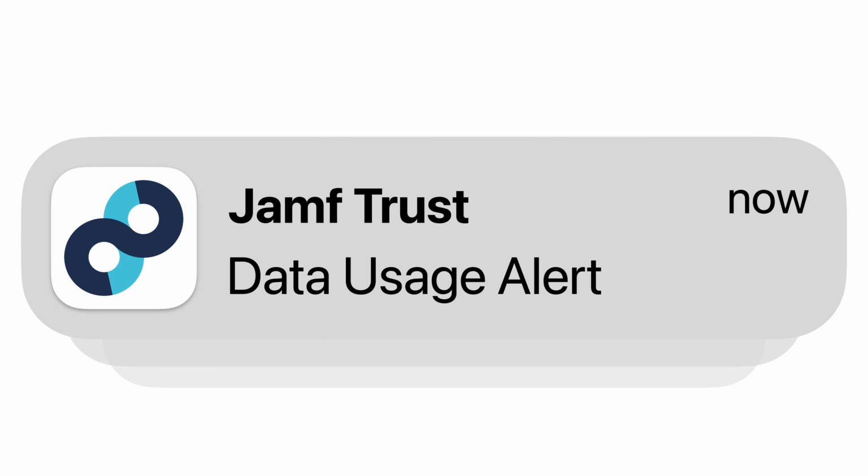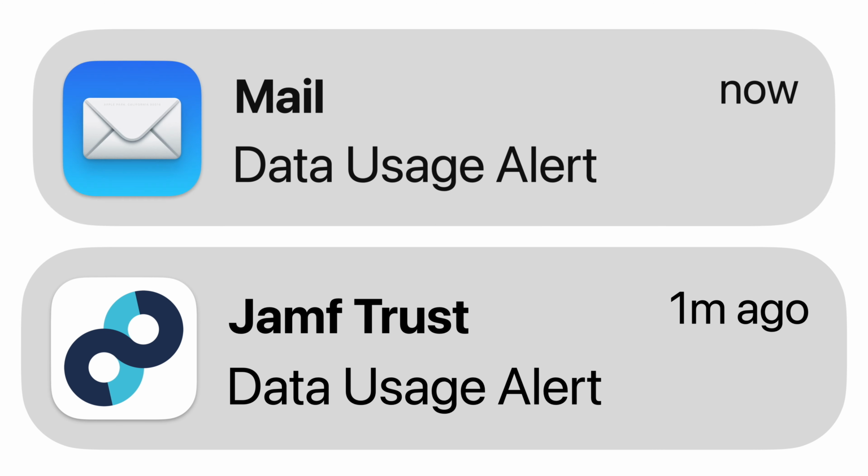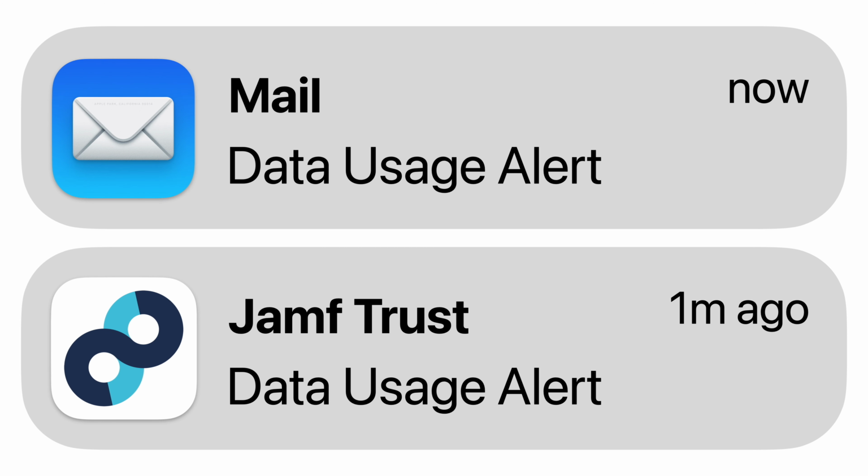Device push notifications are the preferred way of alerting users of their mobile data usage. However, this option must first be enabled by administrators within Radar, and then users must grant Jamf Trust permission to send push notifications on device. Alternatively, users can receive email notifications. Email notifications can be sent to users when configured in Radar by administrators, or when push notifications are disallowed by users on their device. Administrator notifications are always sent via email.